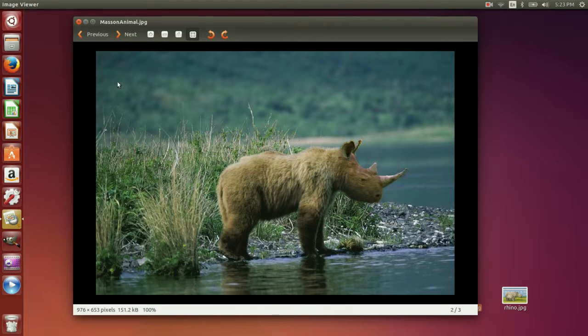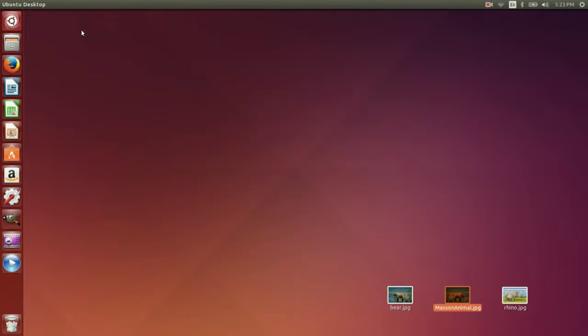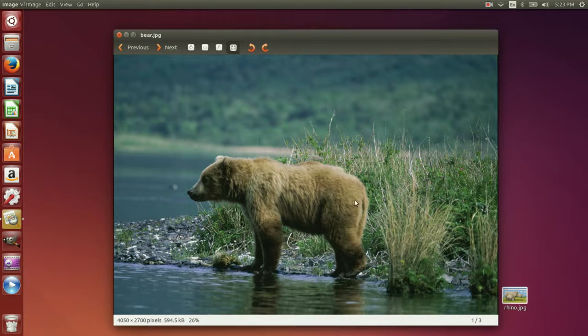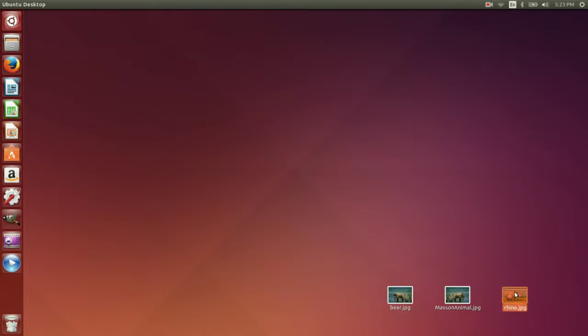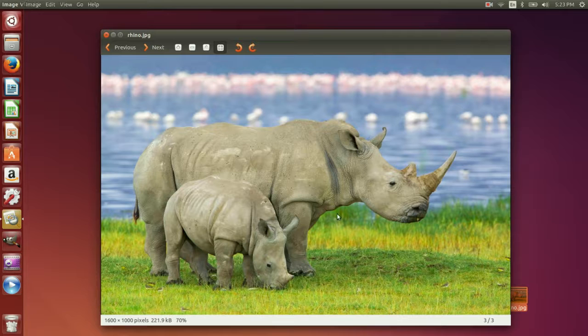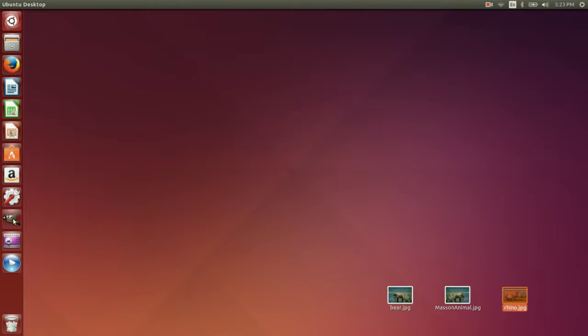And what I'd like to do now is do this exact same assignment using GIMP rather than Photoshop. So I'm going to close that up, and here we see the original that my son used for his project, and I also went ahead and grabbed a picture of a rhinoceros. So the first thing I'm going to do is open GIMP,